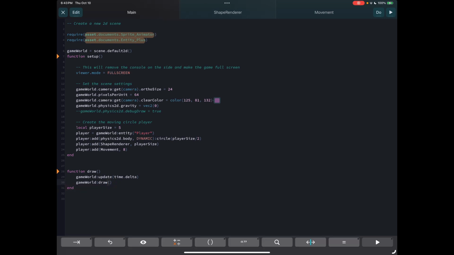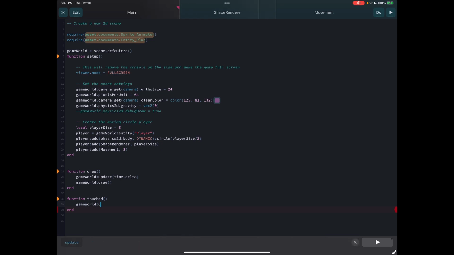And what we also have to do is do function touched, basically allowing us to check for touches. Though this might not be that important since we don't have touch, it's just a good thing to add when you're adding your projects. This is for the entity plus. So basically you're going to add this method, and this will allow us to add the touch and allow us to add draw and update all the methods. So if you run the project right now,